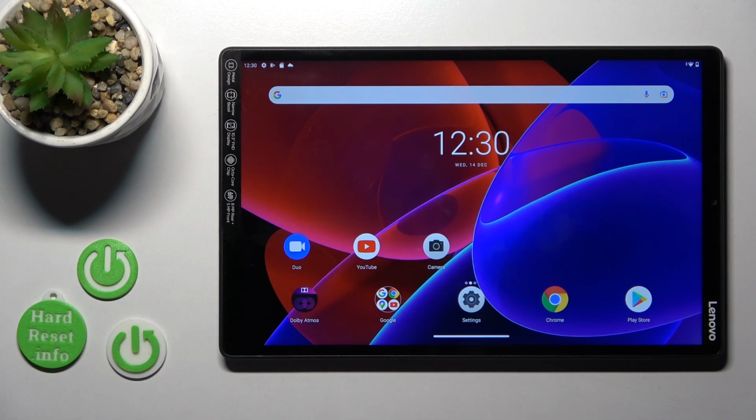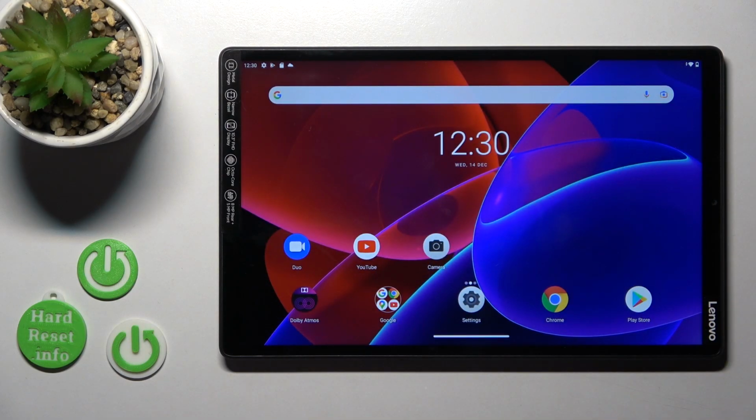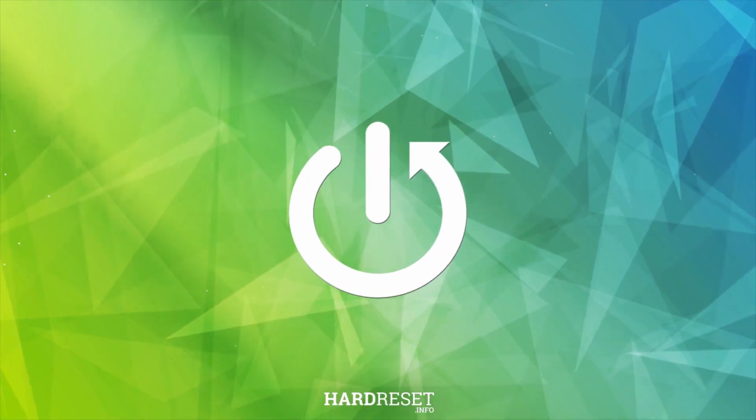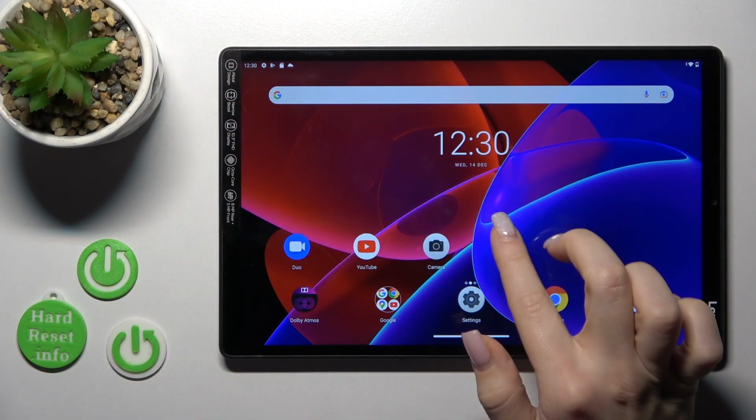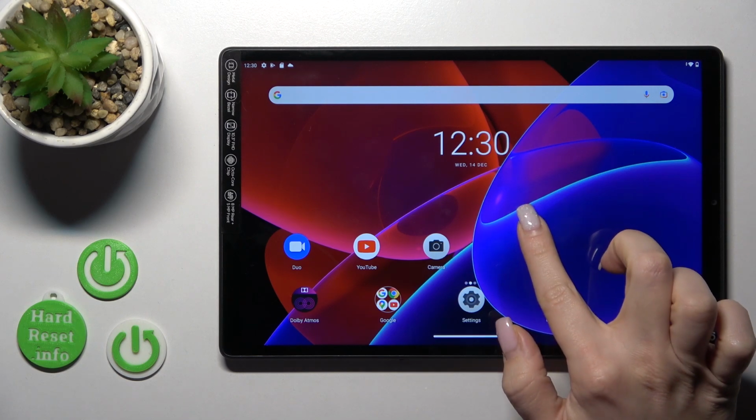Hi, today I'm going to show you, on the Lenovo Tab M10 Plus, how to enable or disable Google Discovery, the Google Feed on this device. So just we can see that the Google Discovery is activated in my case, and just if you want to